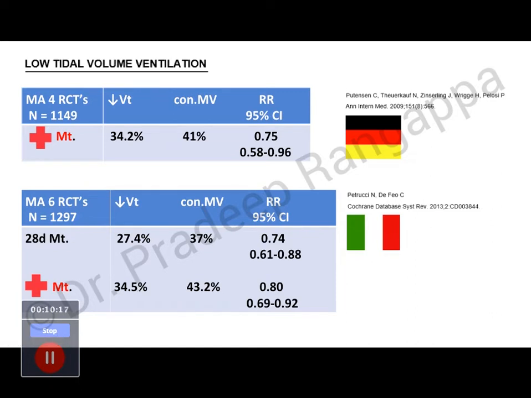So why is it important? Because whenever we hypothesize something, saying that low tidal volume will reduce the over distension, it has to extrapolate into your clinical outcomes. And this is what these three studies have shown, that by adopting low tidal volume, you can really save lives in a patient as compared to conventional. When we say low tidal volumes, it is anything less than 8 ml per kg of tidal volume we deliver to the patient. If it is conventional, it will be somewhere between 10 to 12,